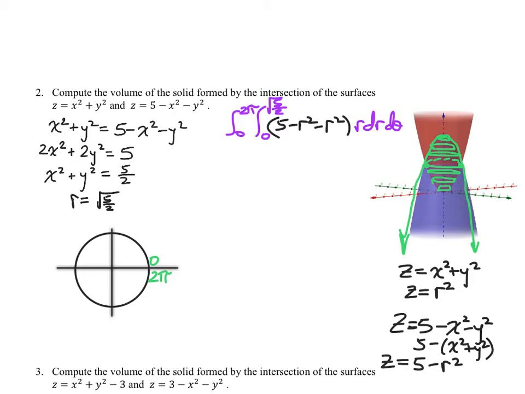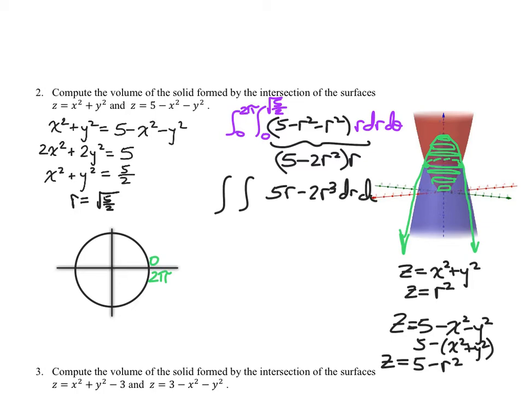All right, so then we can clean it up. This component here, 5 minus 2r squared times r, in turn becomes 5r minus 2r cubed dr d theta. I like that a lot better, because